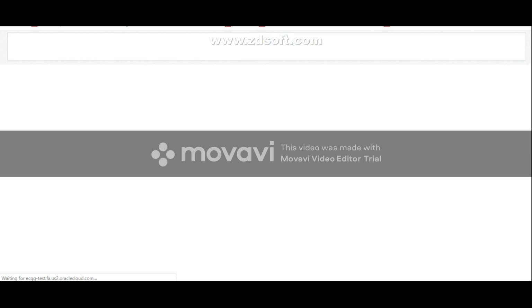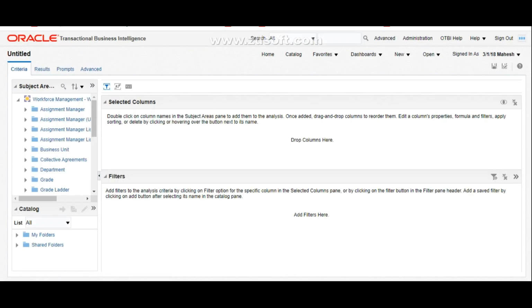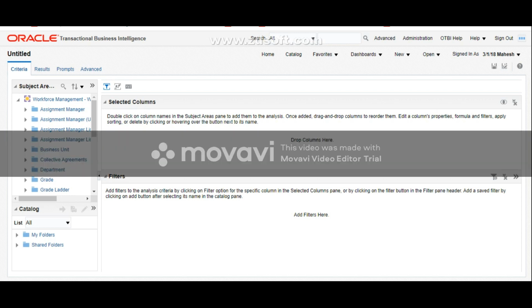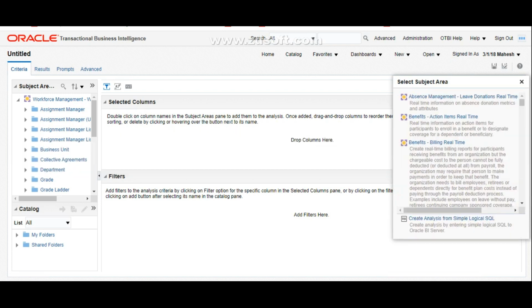As you have seen already, the workforce assignment event real-time subject area is used to pull the history information of an employee. So whenever you create any report using it, by default it pulls history information. If the person has multiple assignment changes, all the changes are